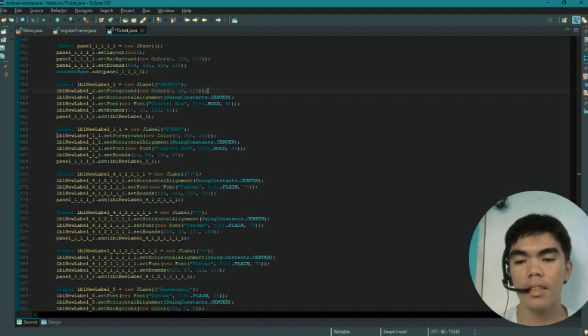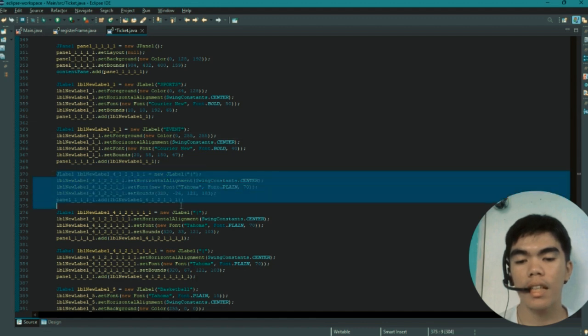So next is this JLabel, which has a string name Event, and set the foreground to new Color, and horizontal alignment to center, and set the font to Courier New, bold, size 40, and set the bounds to 20, 58, 150, 47, and added to our panel.